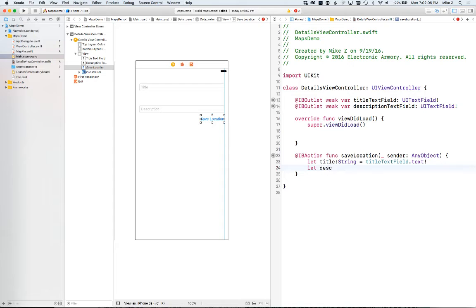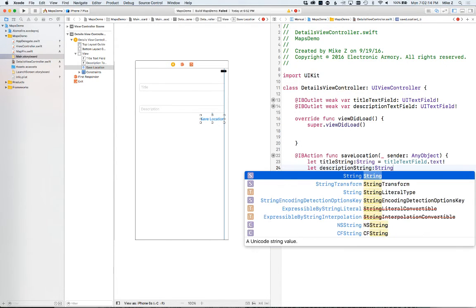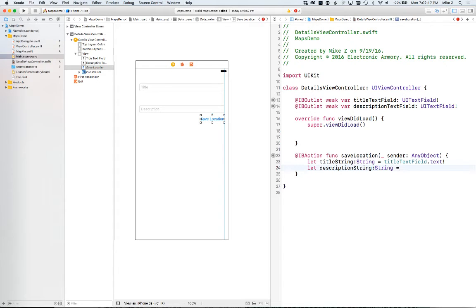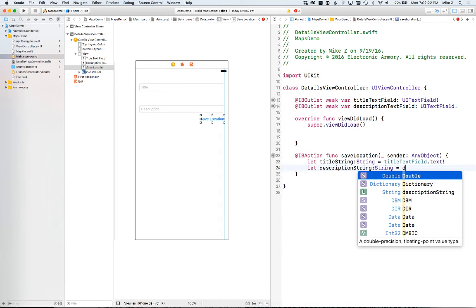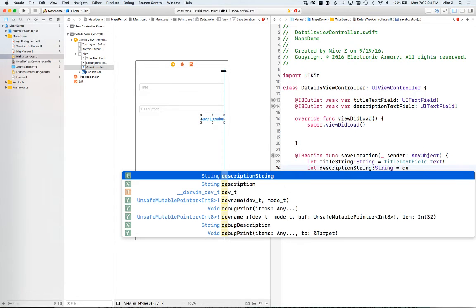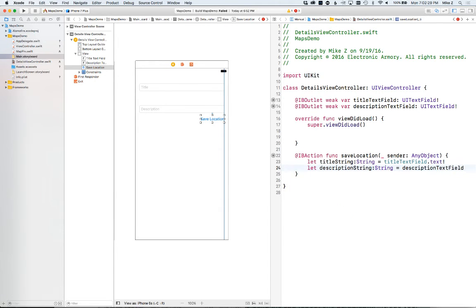Let the description, I'm going to do string. This is, I do believe it's called Hungarian notation, where you put the type at the end of it. And the description text field. Okay, dot text. Okay, so now whatever's in those text fields should be in our string variables here, and I'm going to create